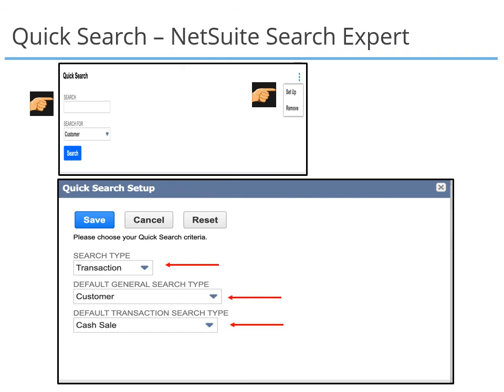As an example, you can select the search type as transaction. The default transaction search type field will give the list of all transactions in NetSuite. Or, you can filter it further by using a transaction type or by the date of the transaction. If it is a frequently accessed search, you can customize this further by saving it as a transaction search portlet in your home dashboard. Like global search, quick search also gives you the facility for including wildcard searches.